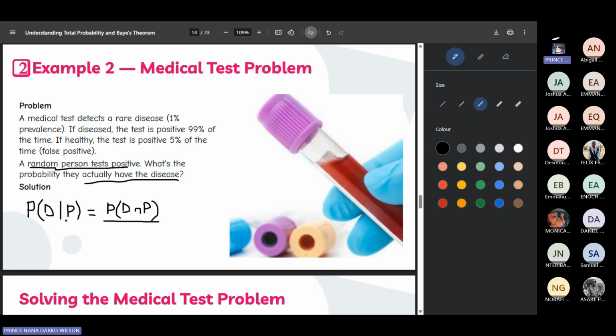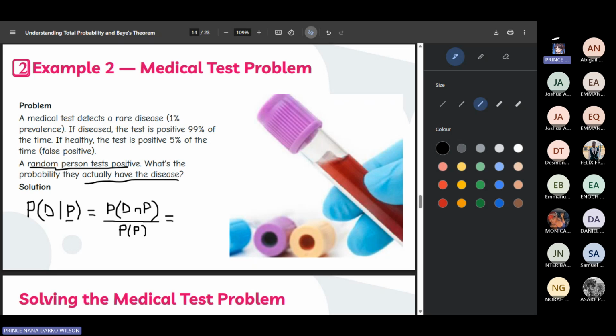Remember that the denominator must always match the precondition, right? Currently, we are looking at the probability of the person testing positive. So then all over the probability of testing positive at all. So this is what the formula looks like now. Remember, just as the first question, we have not been given a direct intersection. Therefore, we have to manipulate the formula so that we can come out with what we have actually been given